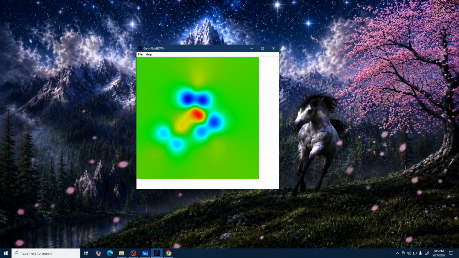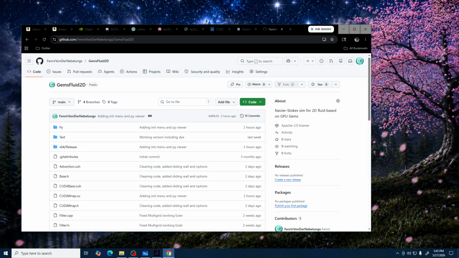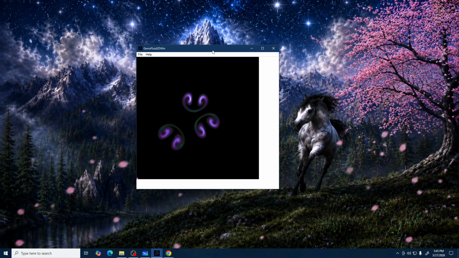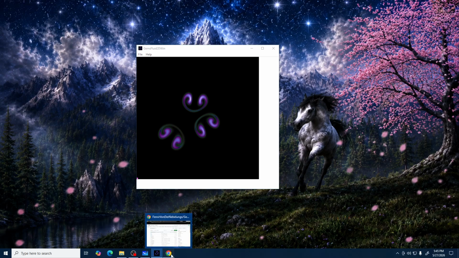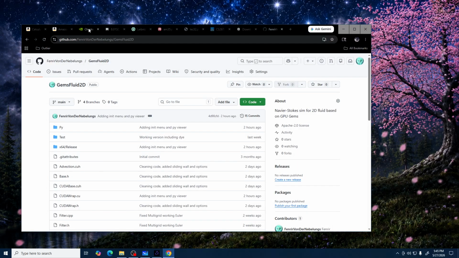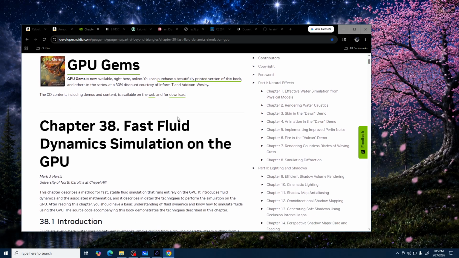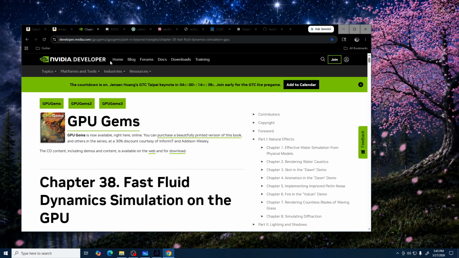And I wrote this program, which is available on GitHub, that does this modeling, where it generates vortexes. What this program was predominantly based on was this chapter in GPU Gems that is available on the